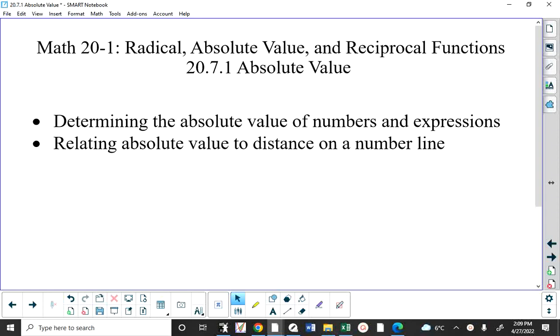So let me explain what it is we're going to do today. This is a relatively short lesson. It just lays the foundation for the rest of Chapter 7. You're going to have some practice problems dealing with what's called absolute value today, and then you're going to get